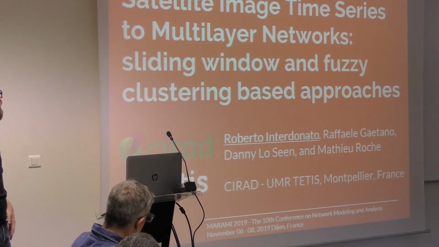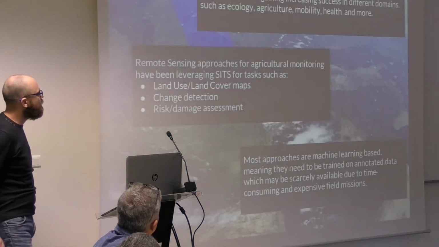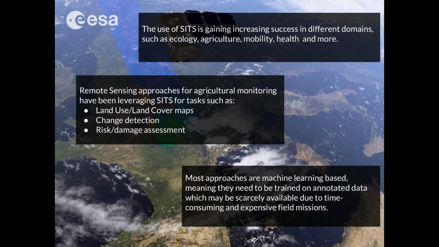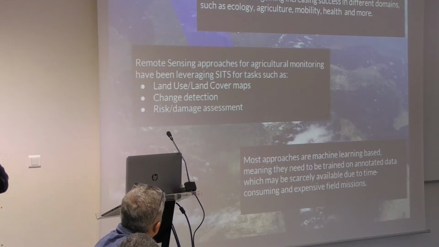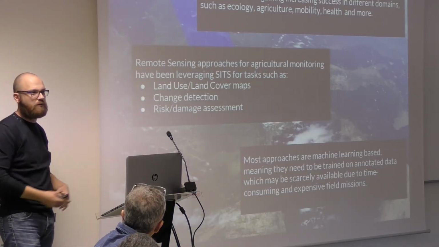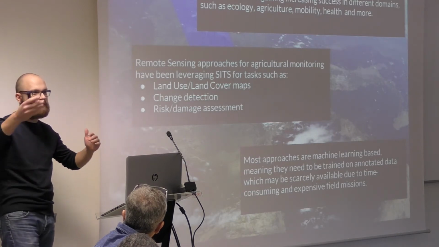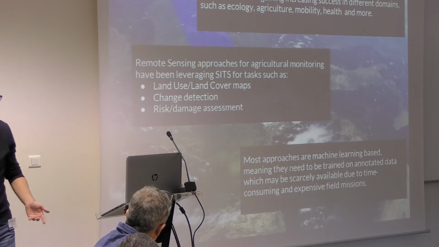So today we will talk about how to extract multi-layer networks from satellite images time series. First of all, what are satellite images time series? I don't know if you are familiar with this data type. I guess it's maybe not the right community for this kind of thing, but it's rather intuitive. It's just exactly what the name says. It's a time series of satellite images, taken on the same area at different subsequent periods with fixed frequency